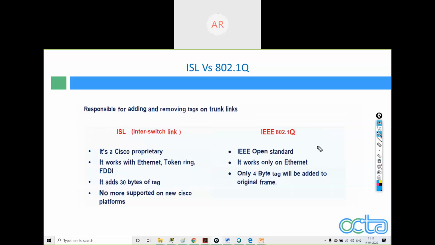Now, the default native VLAN is VLAN 1. Now, what all are the best practices?